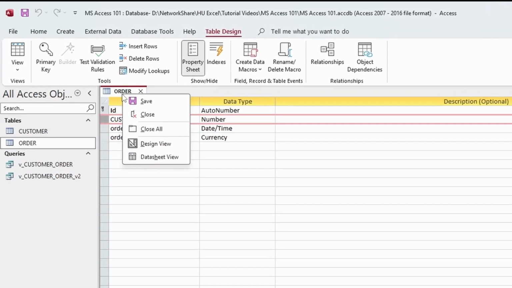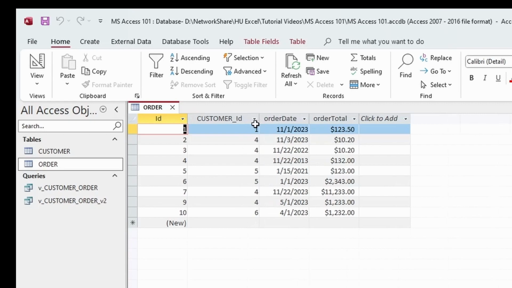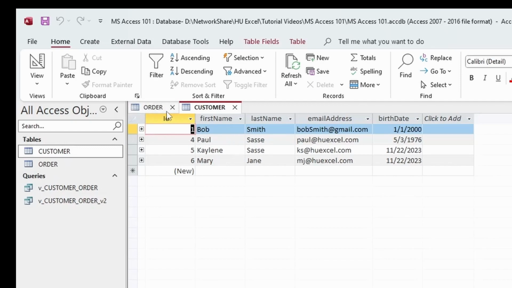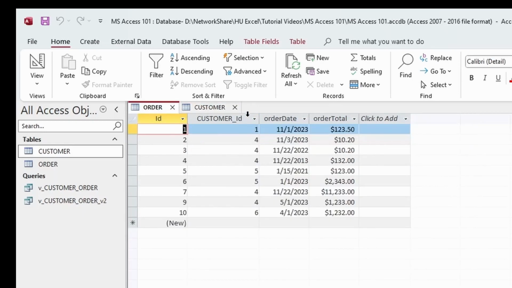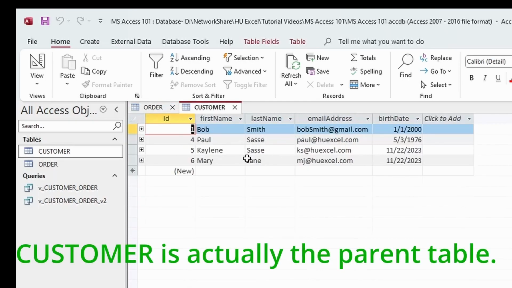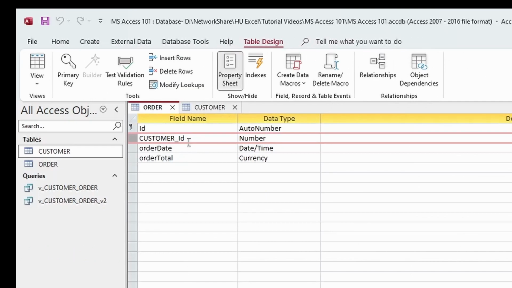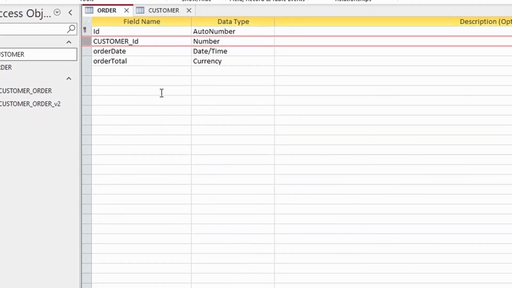So for example, this order table that we looked at before, right now it's just displaying an order ID. So customer 1 equals customer 1 on this table, or Bob Smith, and customer 4 represents Paul Sassy, etc. But what if we want this column to display the actual name from the customer table? The value that's going to be stored is still going to be 1, 4, 5, 4, 6, etc., the various numbers, but with Access, you can display information from that child table right here on the order table itself. So the way you would do that, first we highlight the field where we want that to display,